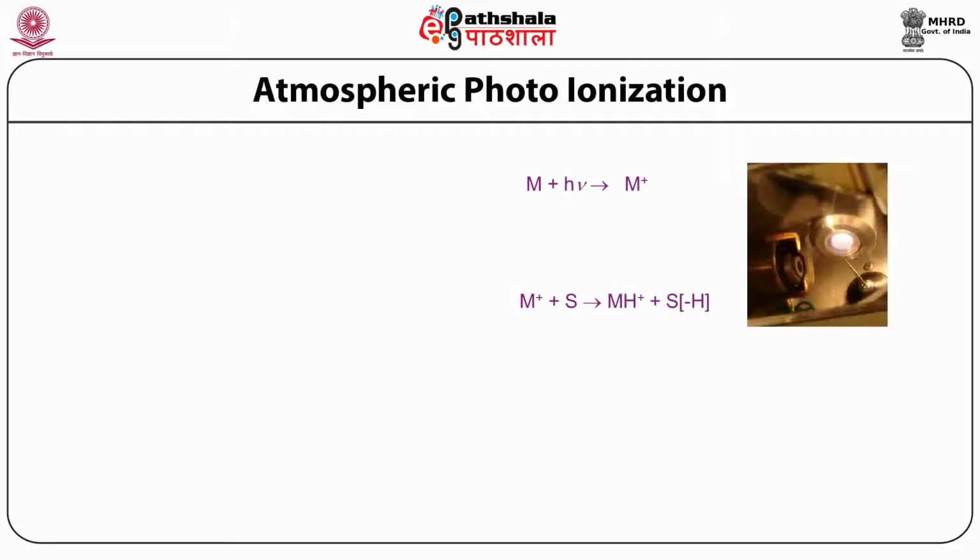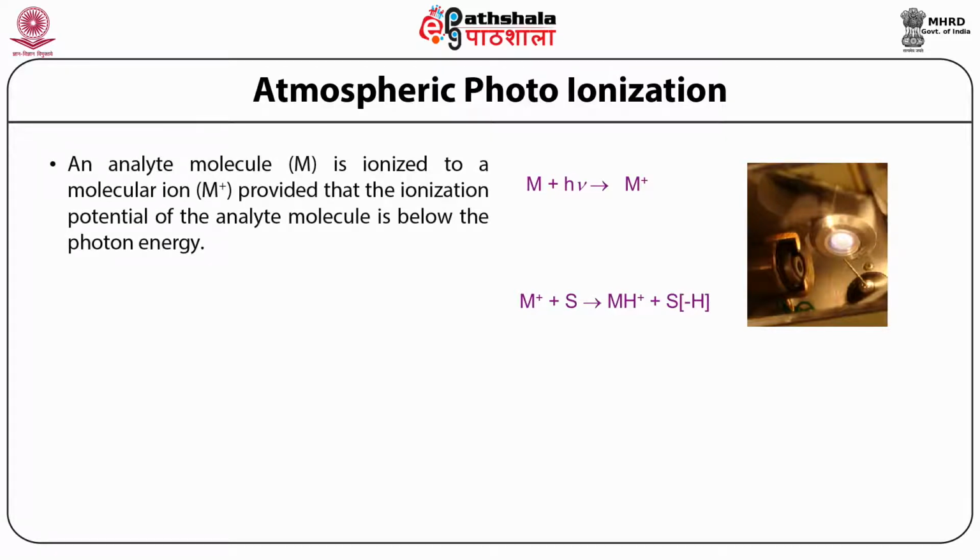Atmospheric pressure photoionization. Like atmospheric pressure chemical ionization, we have another ionization method which is called atmospheric pressure photoionization. Here the corona needle, which transfers the charge, is replaced with ultraviolet light, and this ultraviolet light is causing the ionization of compounds here. An analyte molecule M is ionized into a molecular ion provided that the ionization potential of the analyte molecule is